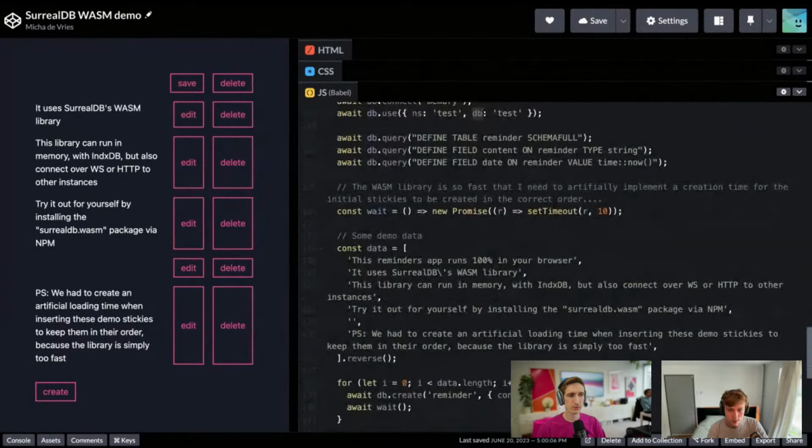And this was a funny thing, because I was creating some demo data for the application, and I was like, what? I'm adding the date and everything, and the items keep reordering in different orders while I'm selecting them based on the date. But it turns out that it is so fast that it just does it in microseconds. I was going to say, that's interesting. Not something I realized.